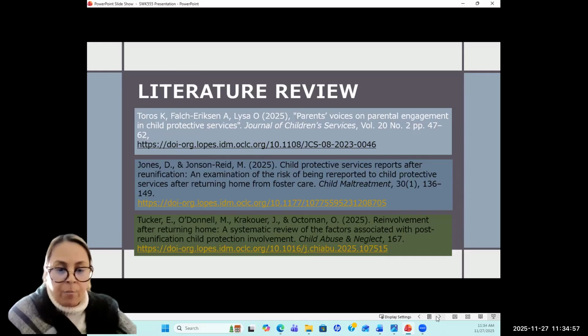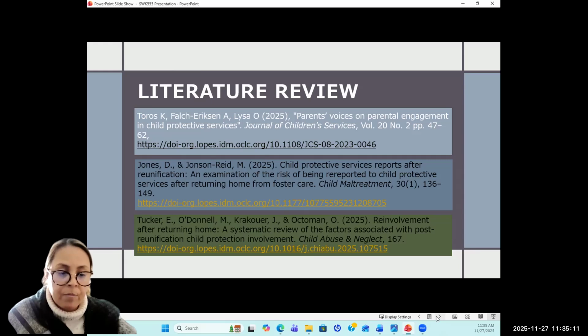There were 75 parents that were participants, and the dimensions were family buy-in into the assessment, so being part of the child services practice, and the receptivity to help.